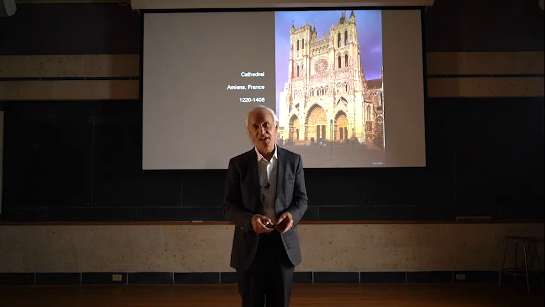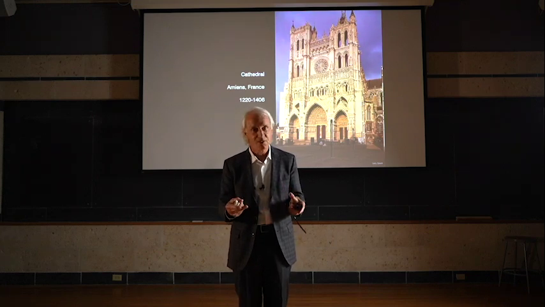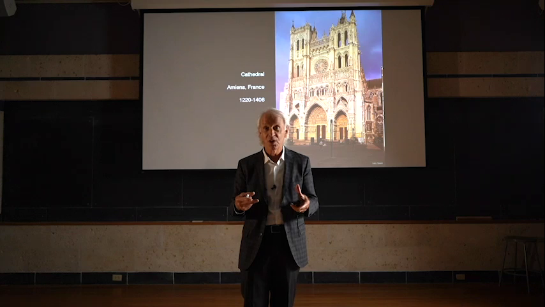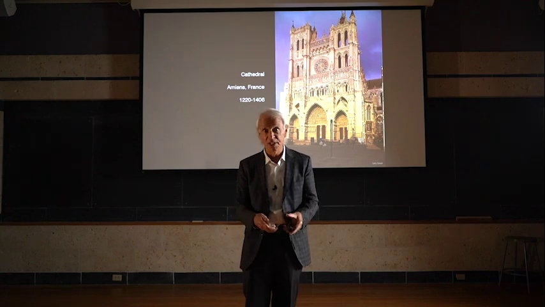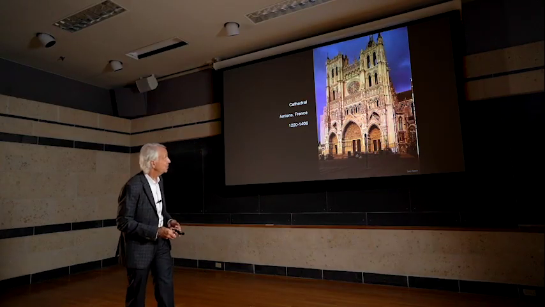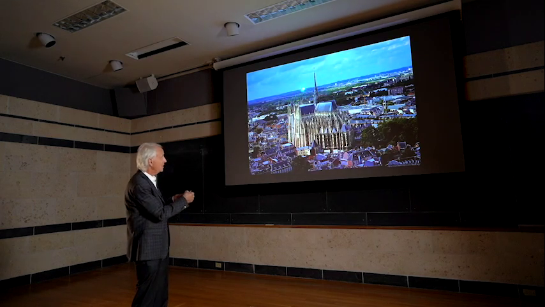They had to innovate. In order to build the kind of thing they aspired to, they had to not only use interesting and innovative structural systems, but they had to figure out how to make it and how to use the mechanisms they had at hand to be able to design and build the kind of building they wanted. So in the case of the Gothic cathedral, these were, as we've mentioned before, these magnificent, huge